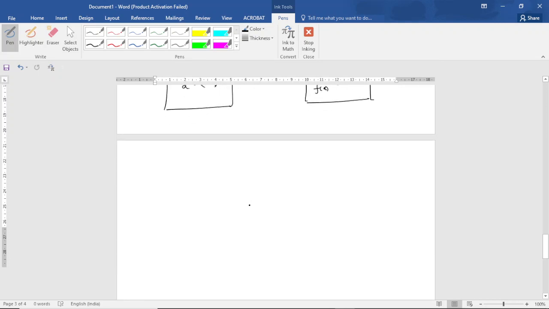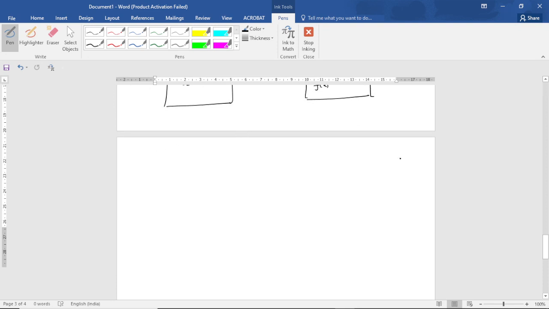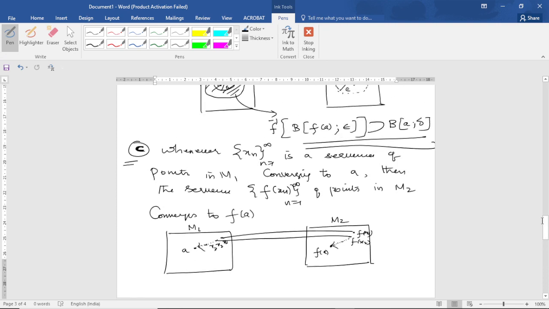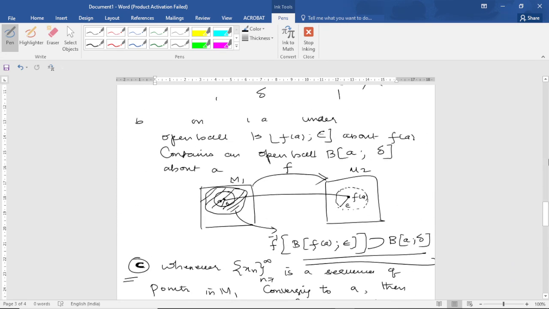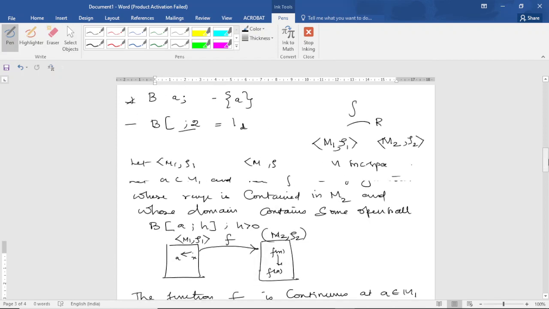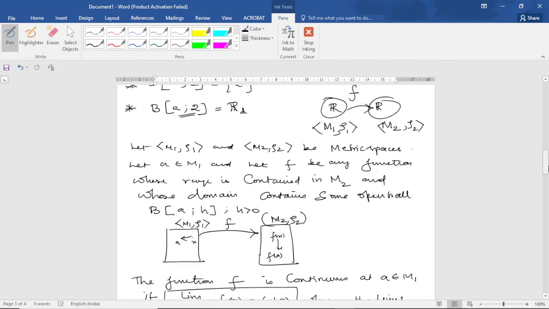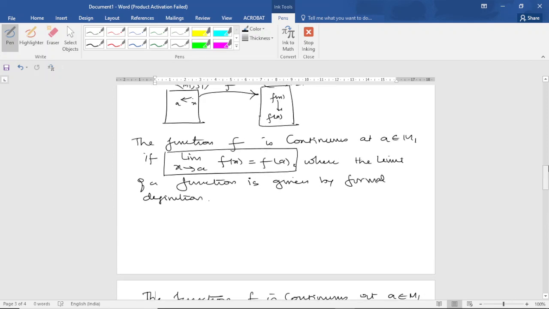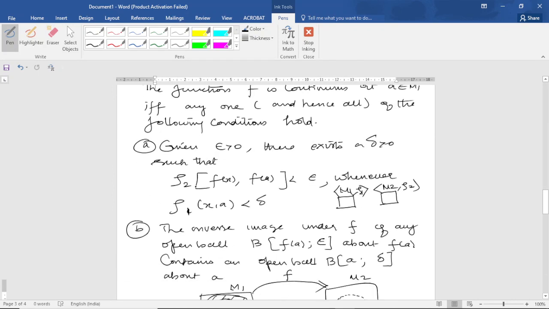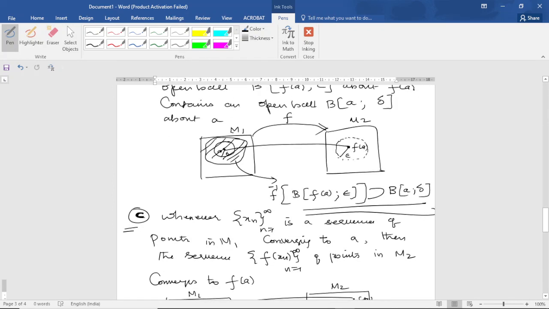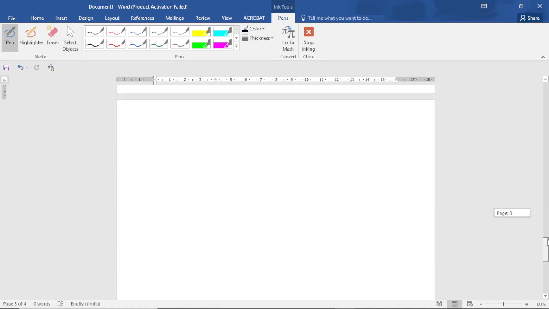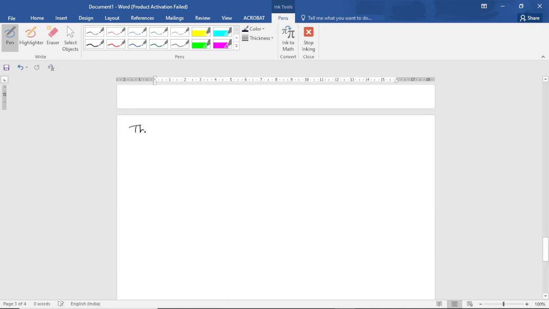Now the next theorem is, actually this one you can name it as a theorem. This is a theorem. For this theorem, we have to prove the third one. That one alone you need to prove. Okay. So now the next theorem is also already proved for real valued functions.